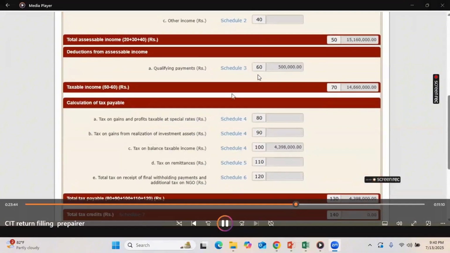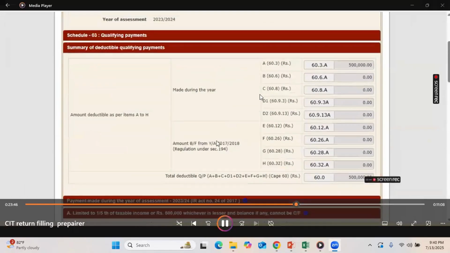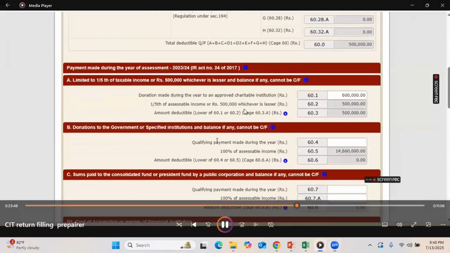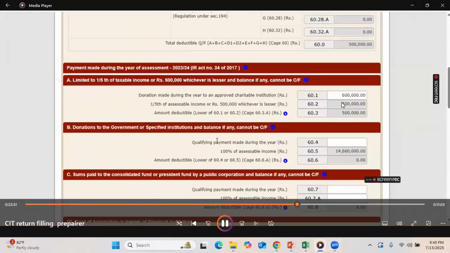It is here now, right? Based on that, again, we are in the qualifying payment schedule, right? Here we have entered the donations. So can you see the payment made during the year of assessment 23-24, right? Here,